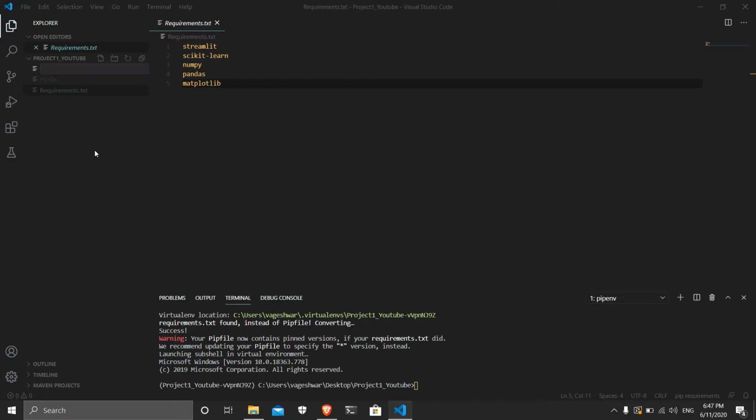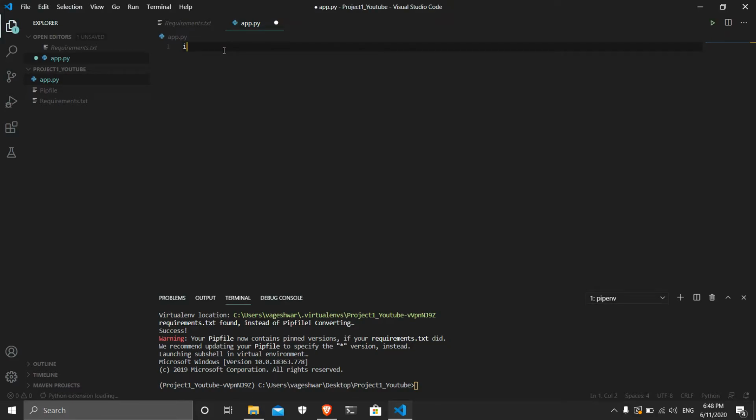We go ahead and create a file named app.py. You can give any name, it does not mean it has to be app.py, but it is recommended, or it is given in the documentation. So inside this app.py, we'll import the Streamlit library as st. Now we'll define a function main, just simple